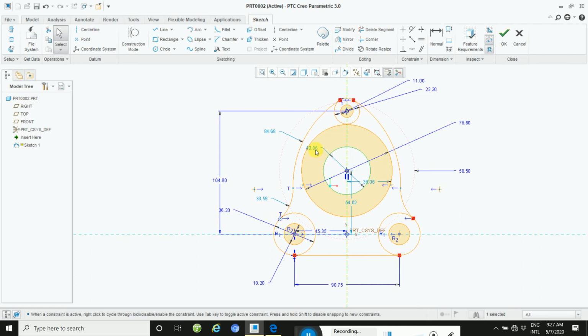Zoom fit is applied, and this inner circle is I think 11.1. Okay, so click here, 11.1, shift into star into 2, so for multiplication.